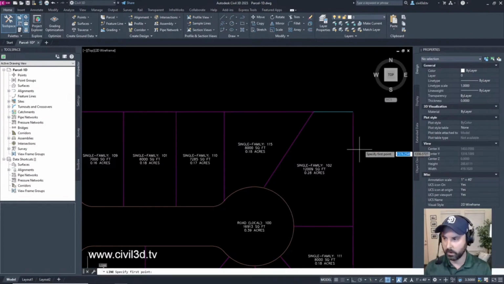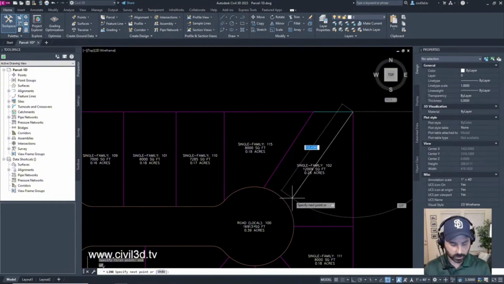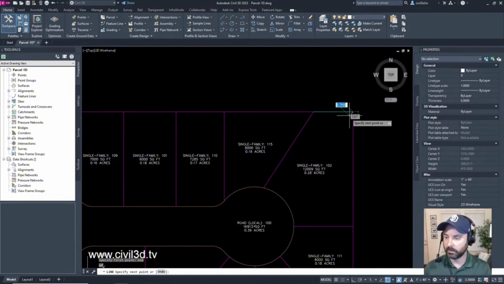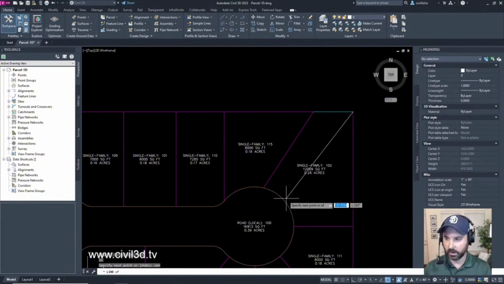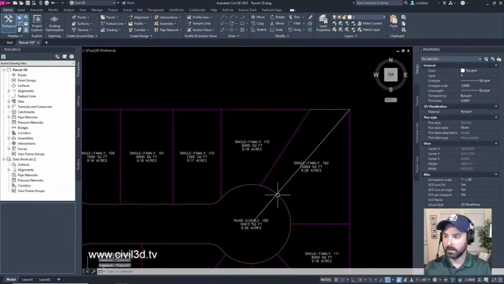I don't know if you guys know this, but technically when you're creating lots, if I strike a line from here to the center of the cul-de-sac, this line would now be considered a radial, because if you extend this to the center of this cul-de-sac, that's more or less the radius or the radial of this line.